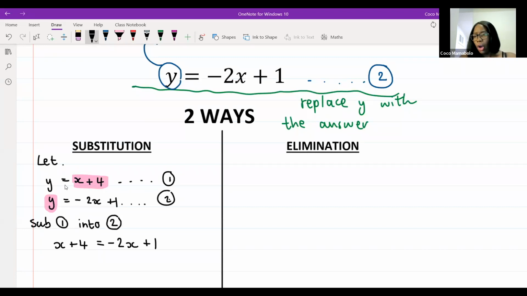And now can I solve for x? I can solve for x, right? This is so much easier because I've already got an answer put together. So I can now solve for x. I'm going to take everything with an x over to one side and everything without an x over to the other side. So I'm going to end up with x plus 2x, because negative 2x goes over and becomes plus. And then I'm going to take the 4 over and it'll become negative. So I'm going to get 1 minus 4.